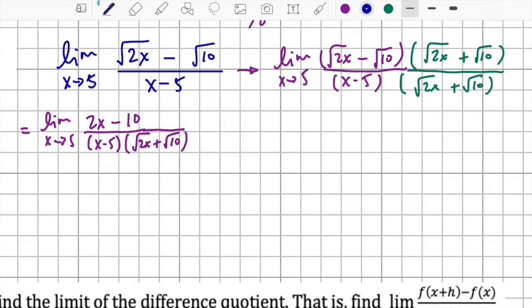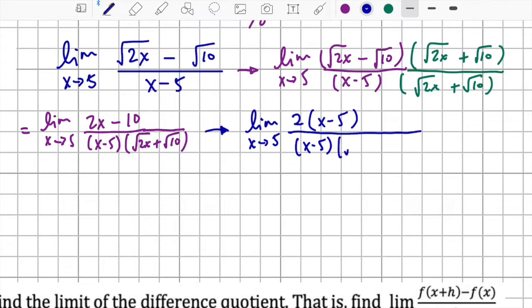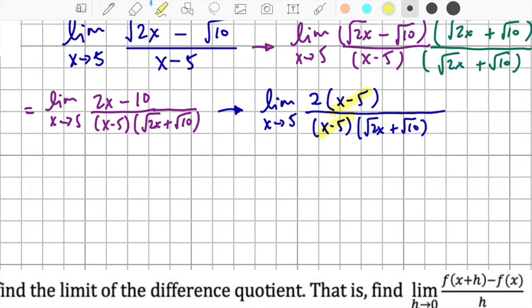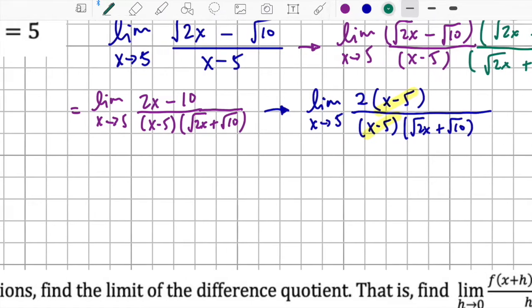Now notice that I did not distribute. I don't want you distributing. Still, I notice that I cannot cancel these two out, but they do have a 2 in common. So I'm going to factor that 2 before I cancel anything. So it'll be limit as x approaches 5, factor of 2, that leaves me with x minus 5. Now I will be able to cancel it. Okay, so now I am able to cancel the x minus 5 over x minus 5. That leaves me with